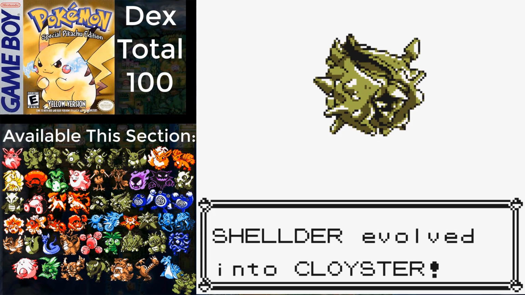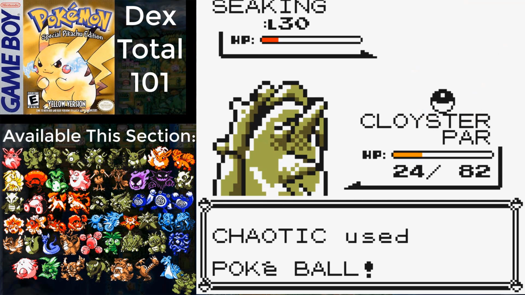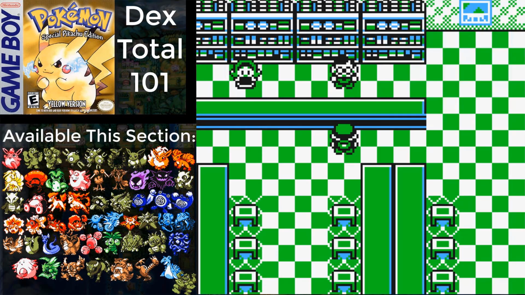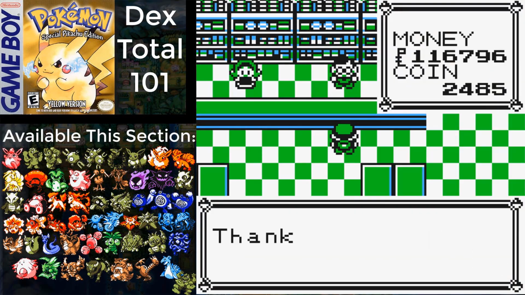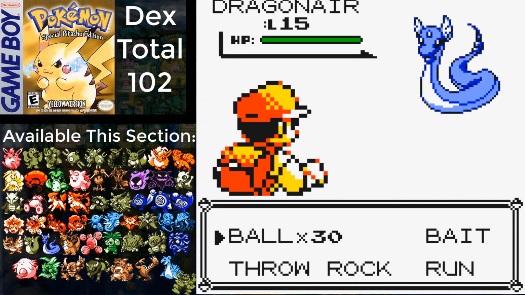The only thing left to grab is Seeking on Route 24. Soft reset at the slot machines to finish the coins I need for Porygon, which actually didn't take that long since I had over 117,000 Pokédollars, making it a pretty easy run. And with that, I went back to the Safari Zone for...